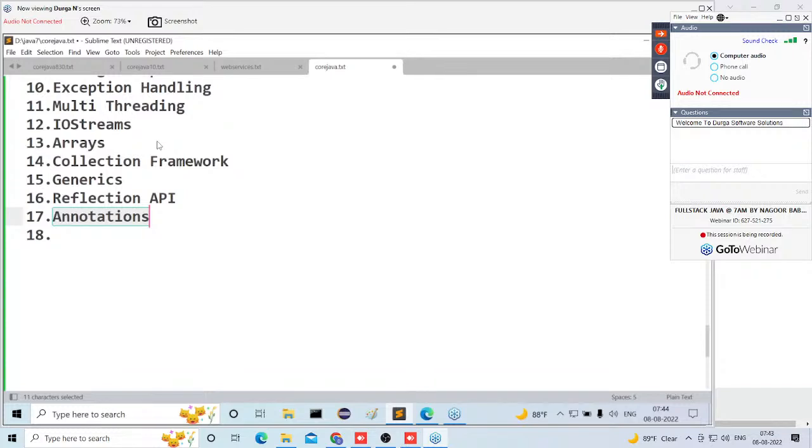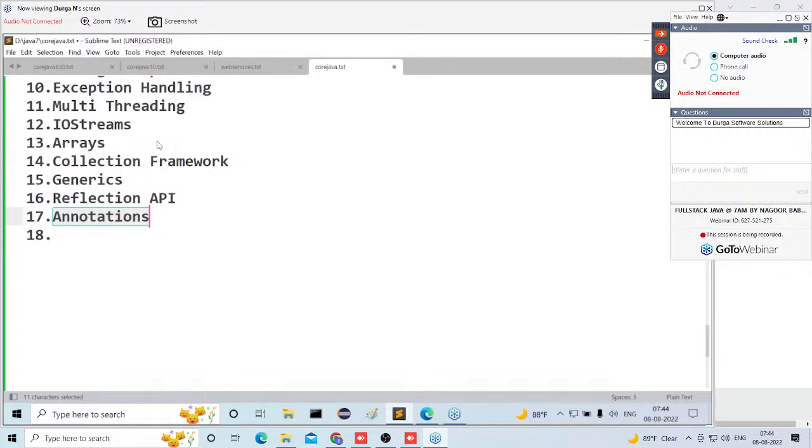Inside annotations, what will be covered: what exactly the meaning of annotations is, that is the first point. Then how to declare an annotation, how to access annotation data from annotations. Predefined annotations are available; what are the various predefined annotations that exist? What is a meta annotation? How to use meta annotations to define other annotations? Everything, the total beginning information about these annotations, will be covered inside core Java only. So that's why this is also a useful topic for us in the future.